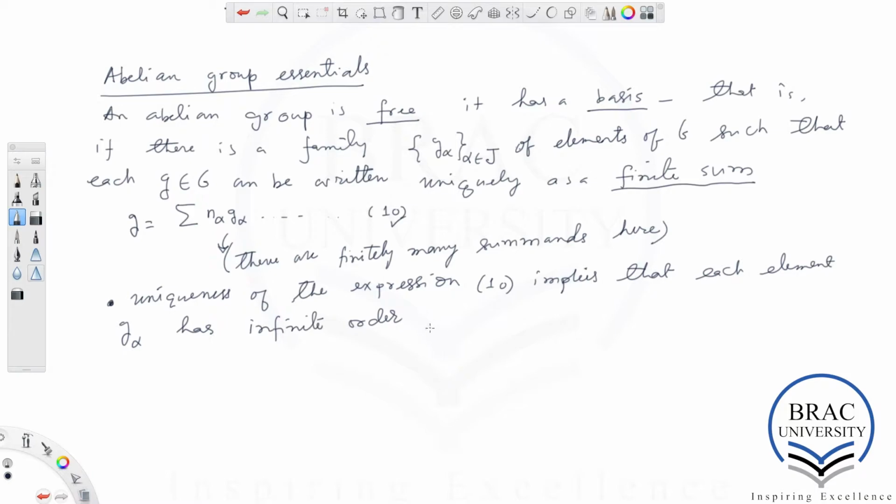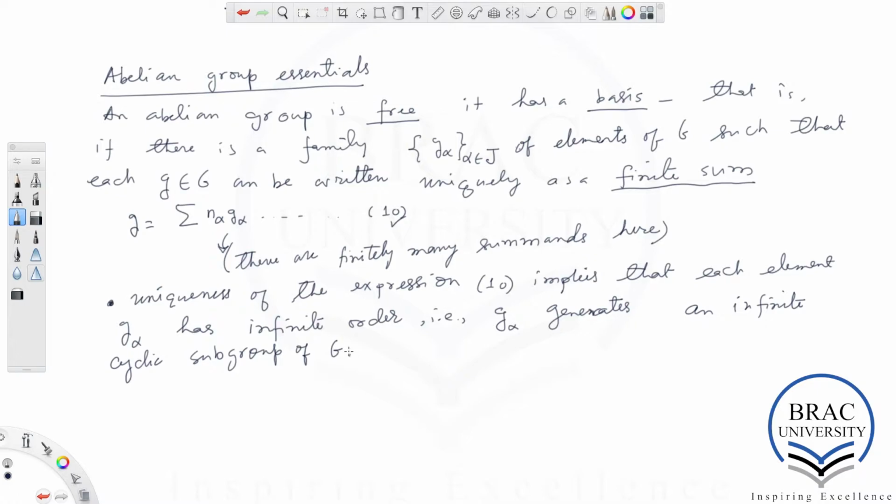That is, each such basis element G alpha generates an infinite cyclic subgroup of G.